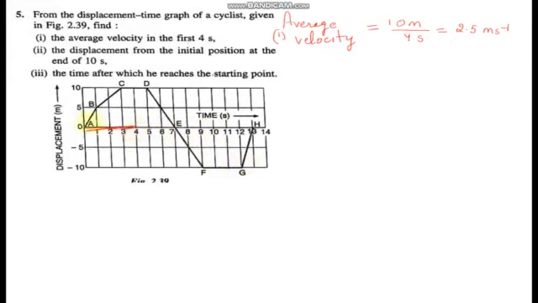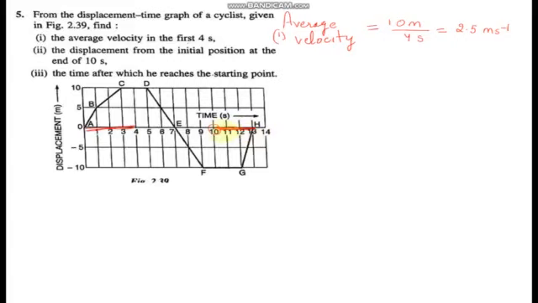Now, पहले you can see the body moves from A to B, then move from B to C, C to D, D to E, F, then G, ये है 10 seconds, isn't it? And then it comes to H. So we have to find out what is the displacement from the initial position. Displacement from the initial position at the end of 10 seconds. At the end of 10 seconds मतलब इस टाइम में कितनी displacement है.